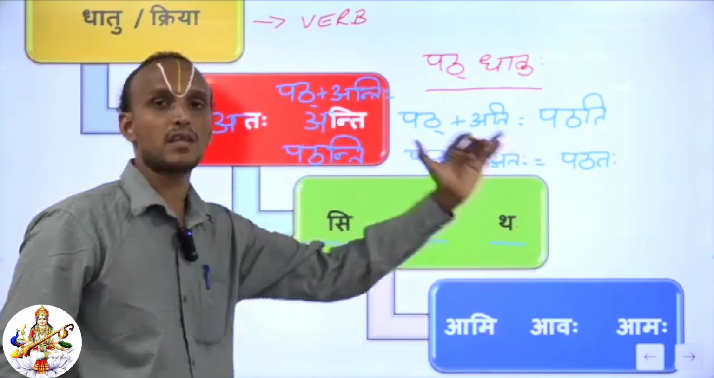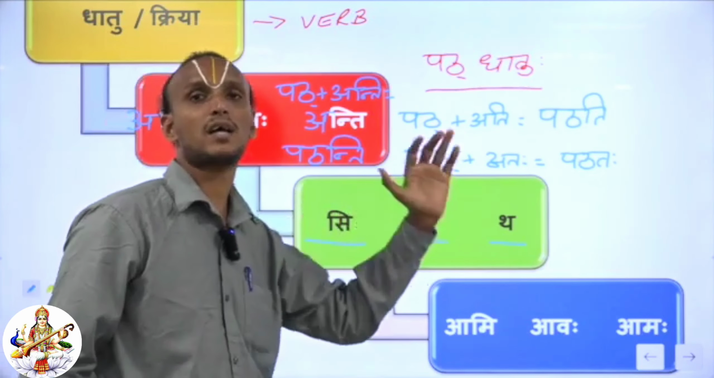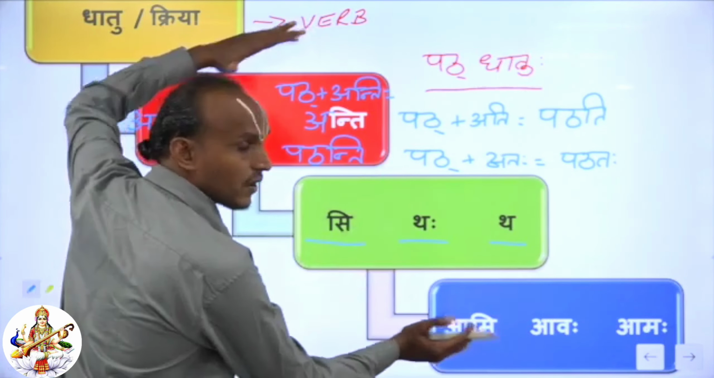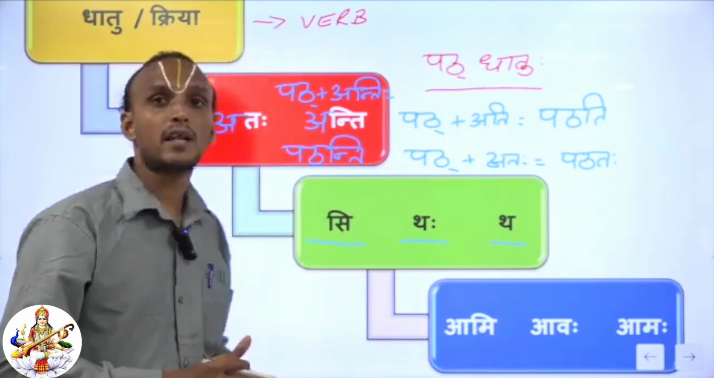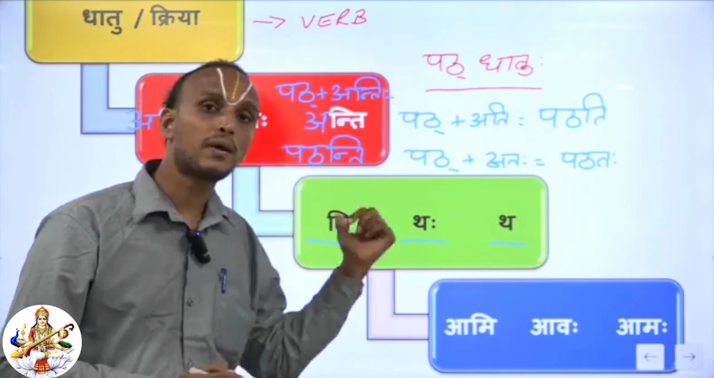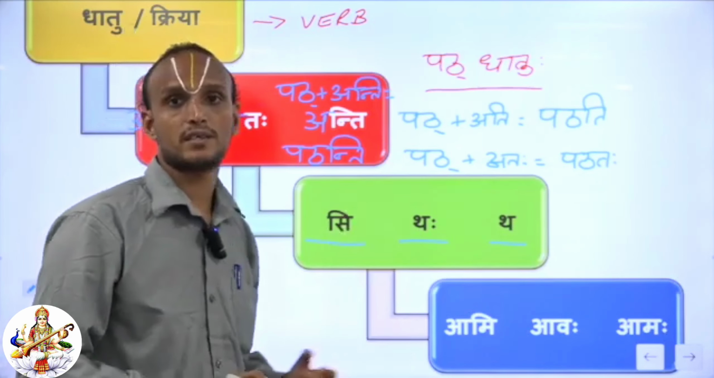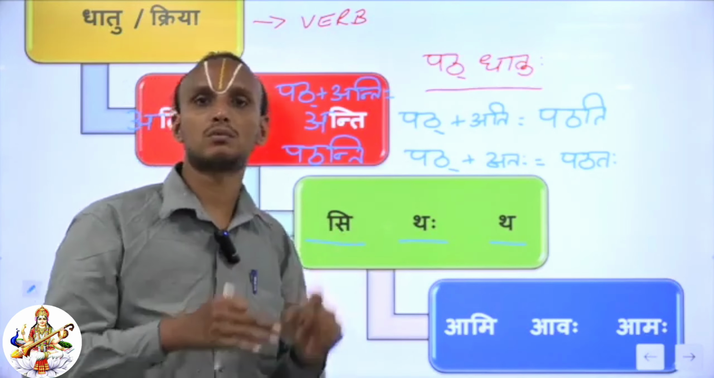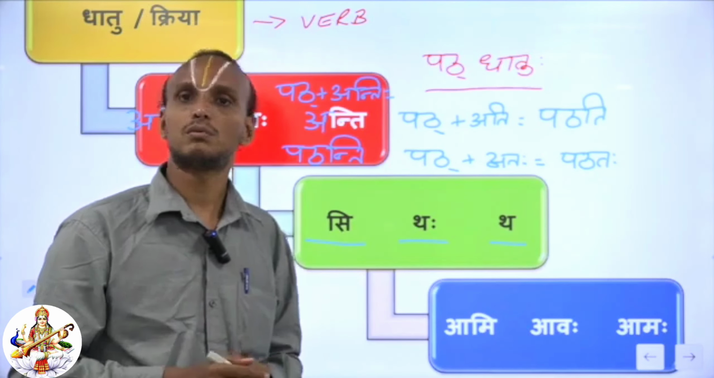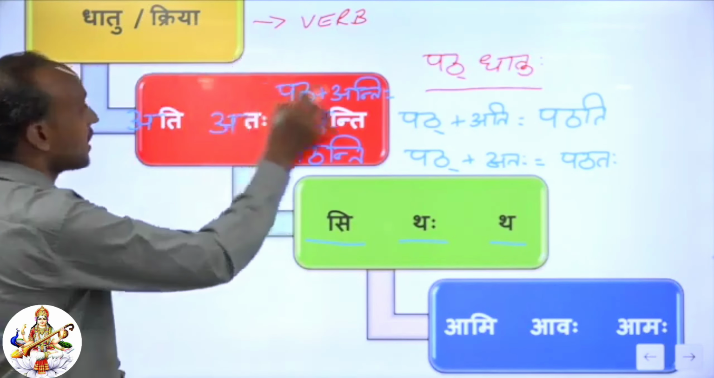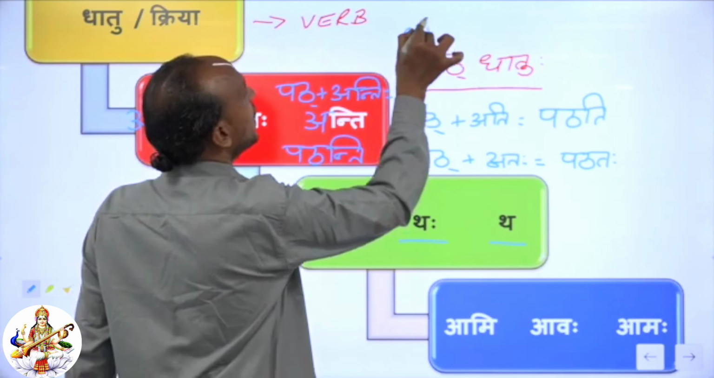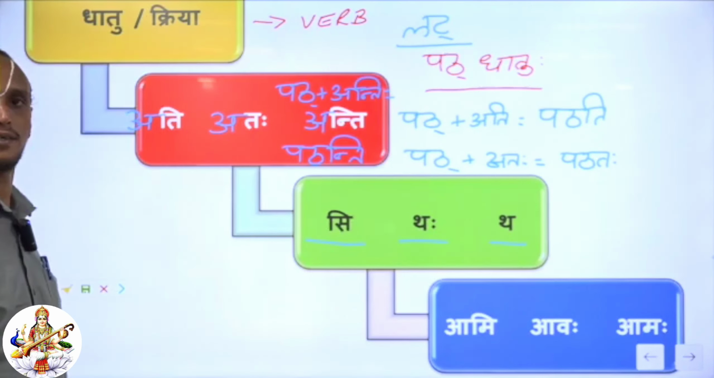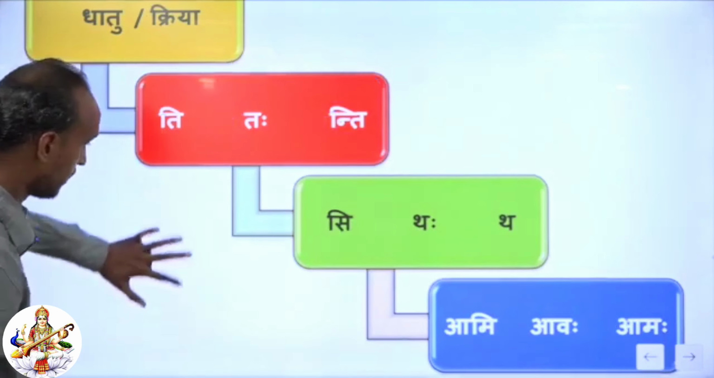Pathati, patataha, patanti, pathasi, pathataha, pathata, pathami, pathavaha, pathamaha. If you know this formula clearly, then you can form some more dhatus, which are these. Pat dhatuhu, likh dhatuhu, dhav dhatuhu, khad dhatuhu. Okay, children? All these belong to lat lakaraha. Lat lakaraha means present tense. Okay, children. See here. Now,